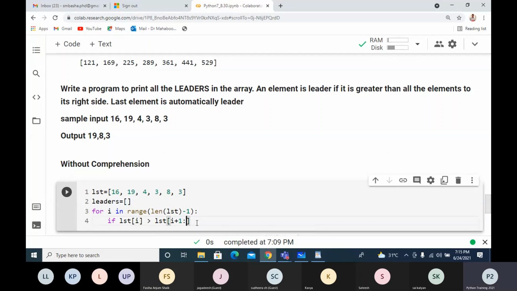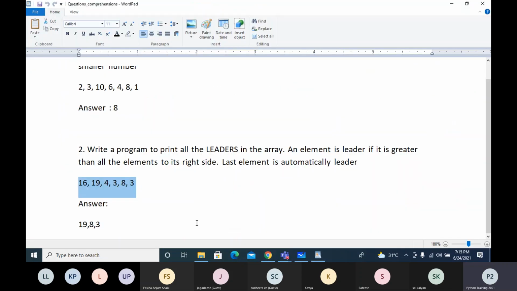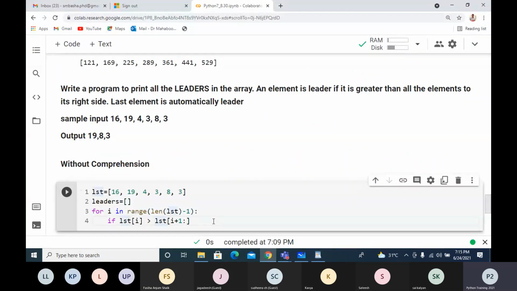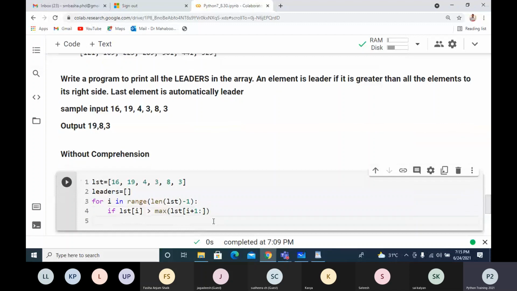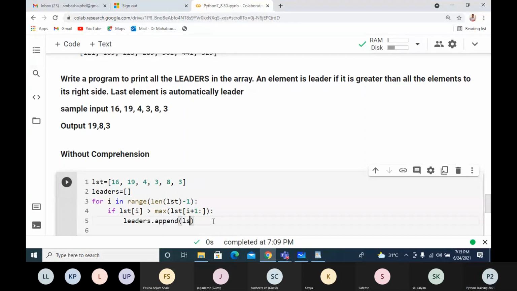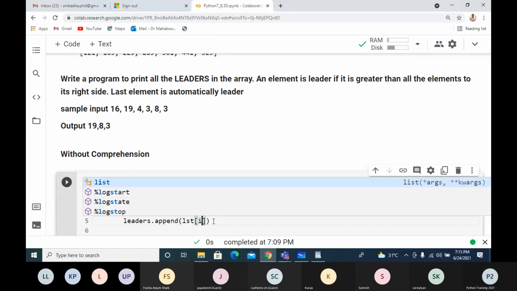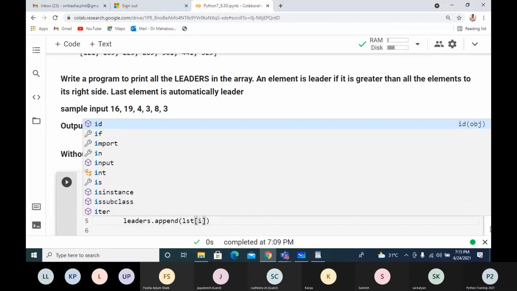Instead of checking that it is greater than all the elements right side to it, I can simply find the maximum of all the elements right side to it and check whether the ith element is greater than that. In that case, it will be a leader. So I'll say leaders.append(LST[i]). So this is the logic without comprehension.